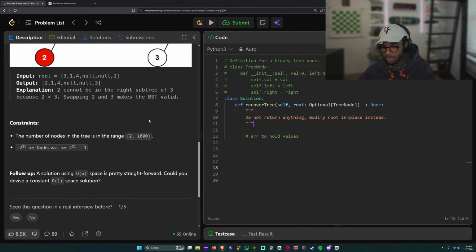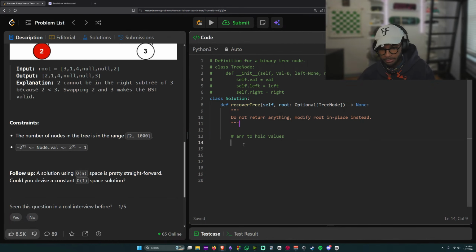But let's keep going at it. Let's make sure we get this first one on the O(n) space. Yeah, this is the O(n) space. O(1) space? No way. Yeah, whatever. Let's just do this. And then all we need to do is go